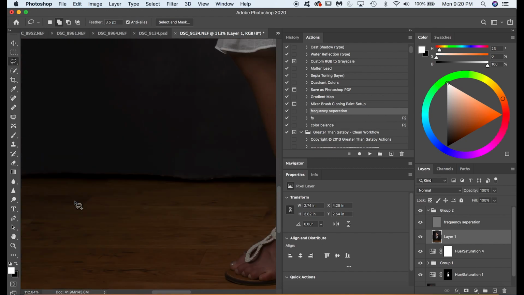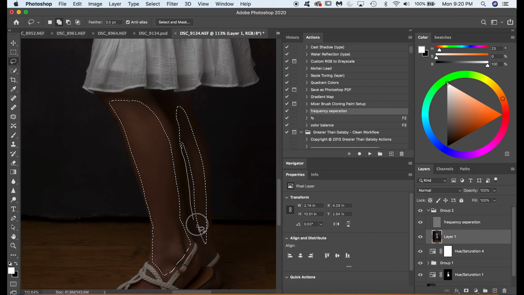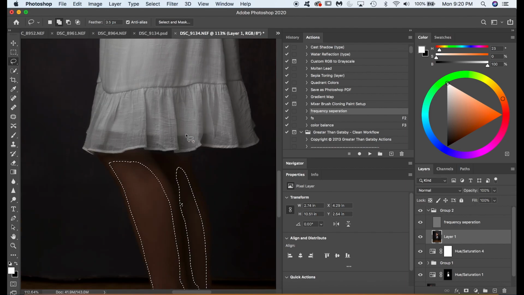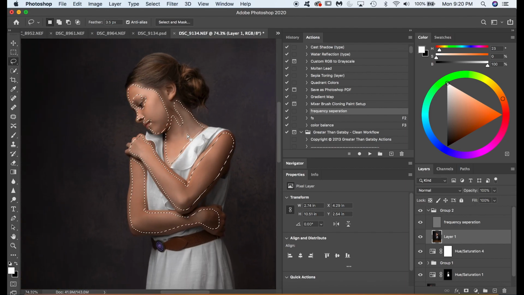All right, so I got that. Just got to do the legs. And once I'm done with the legs, we can move on to the next step. This back one here, I really don't even need to do this, because you're not really going to see it. But all right, so now that we got everything selected and everything not selected that we don't want selected,